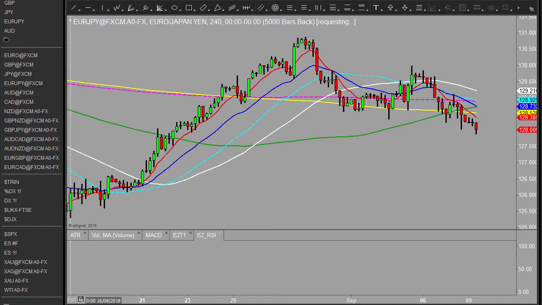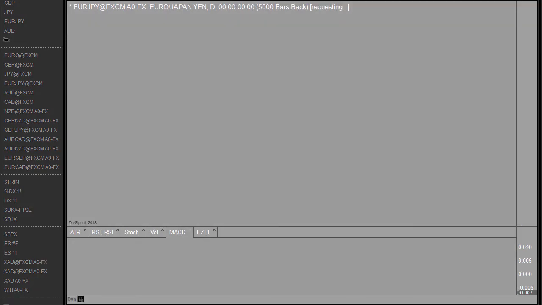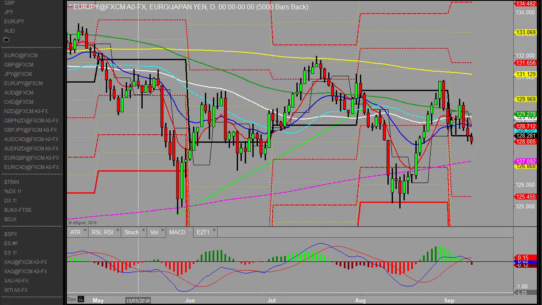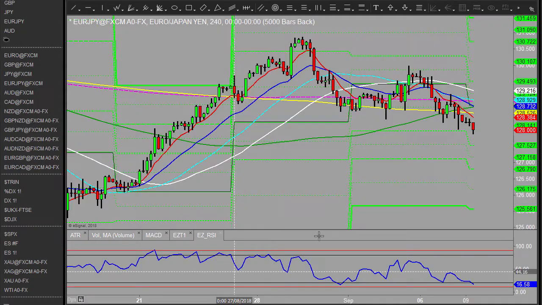I said I would just finish off. I'm just going to have a quick look at the euro yen. Euro yen has been moving quite nice. We've seen some decent trends through the last couple of months there. Often with the euro yen, we can see large periods when it just sits consolidated, but it seems to be breaking better at the moment. It looks more solidly bearish at the moment than the other pairings in some respect.